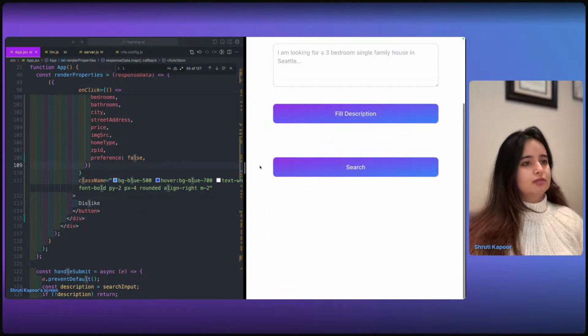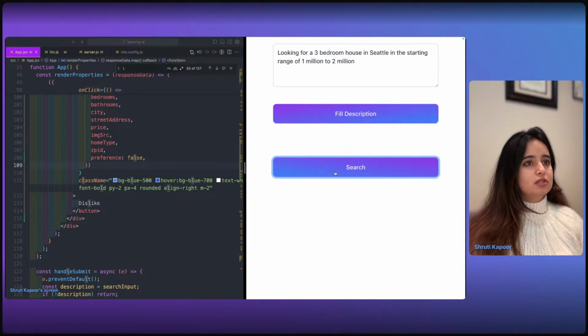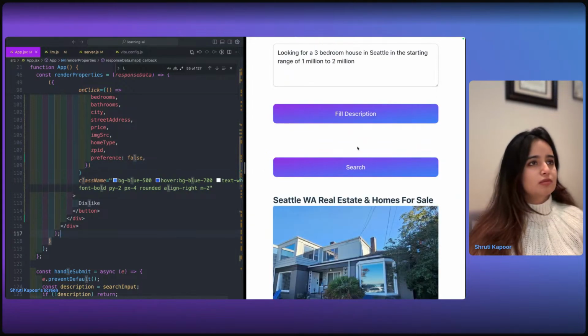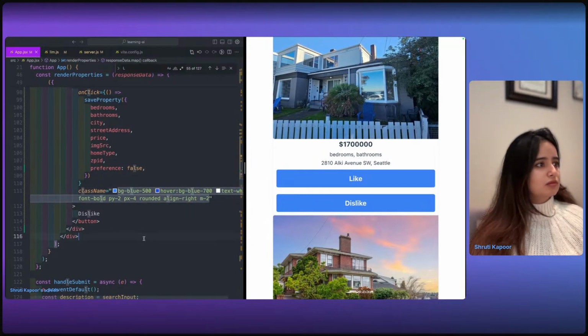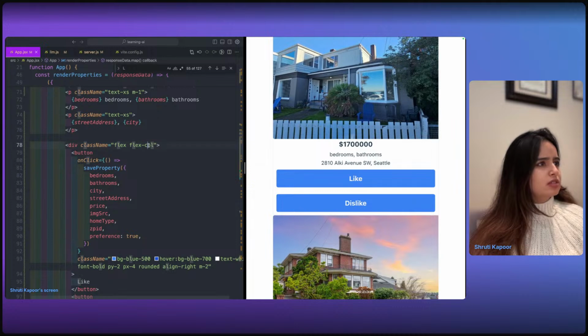Okay, reload this. Is flex column not the one? It's a flex row.